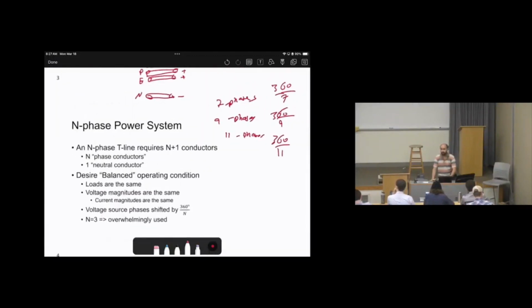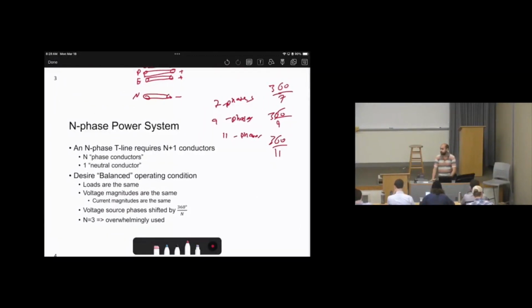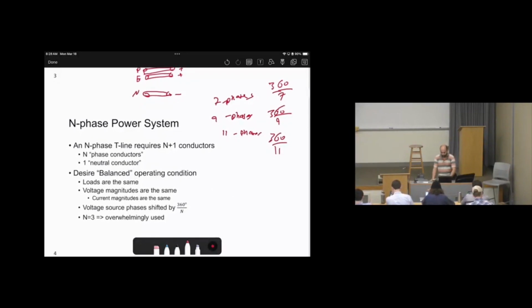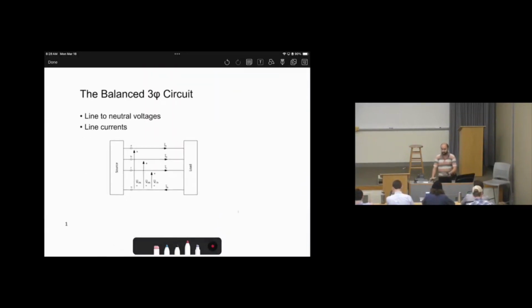Any other question before we start going to the three phases? Okay. Now, since the existing power